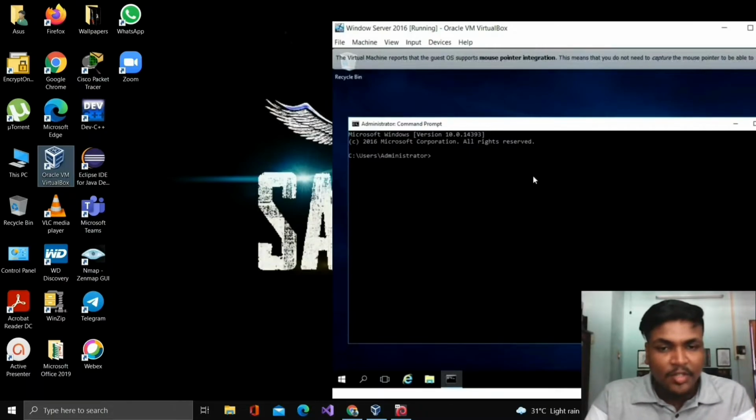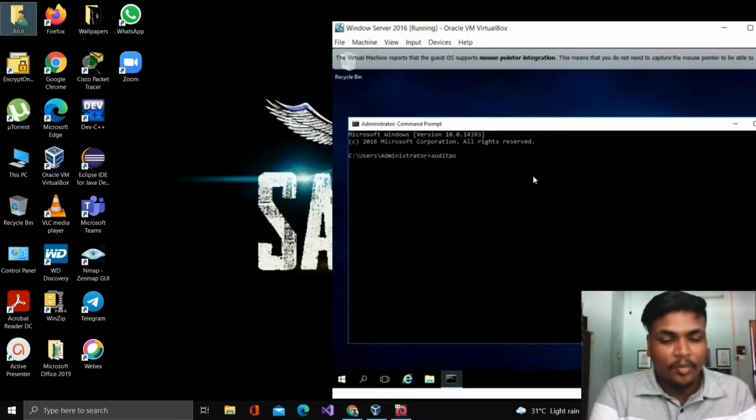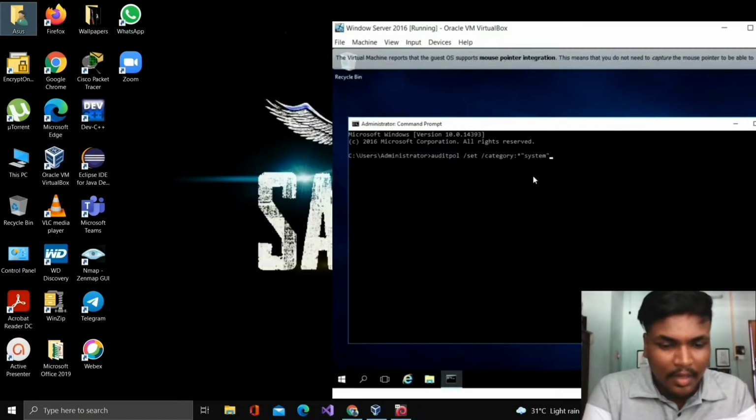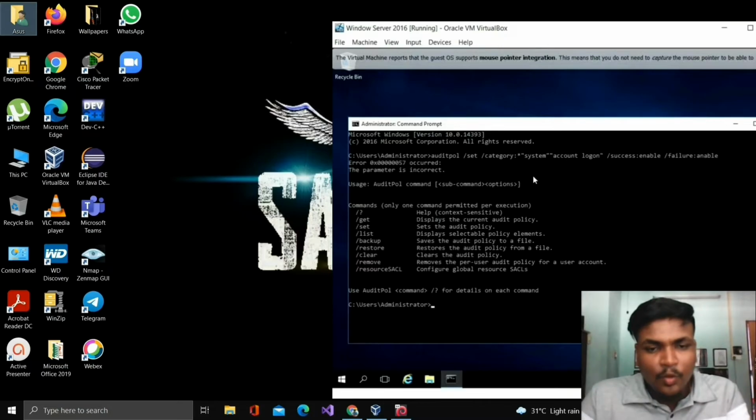To enable this, you need to type this command in the command prompt, which is auditpol /set /category:system, account logon, /success:enable /failure:enable and enter. Now we have already enabled the system policy.